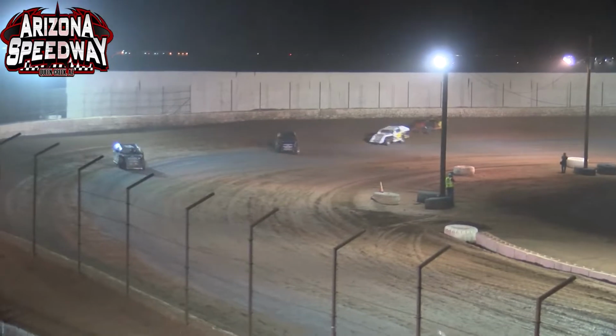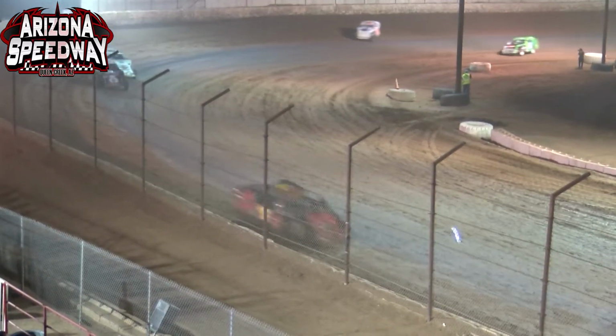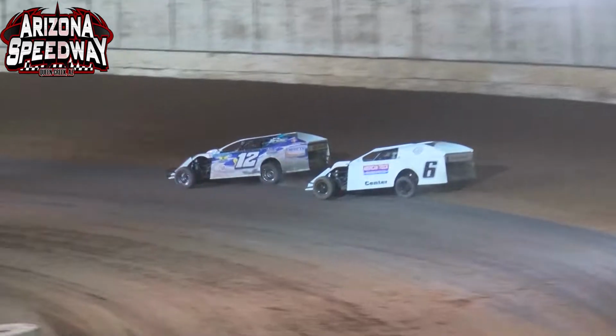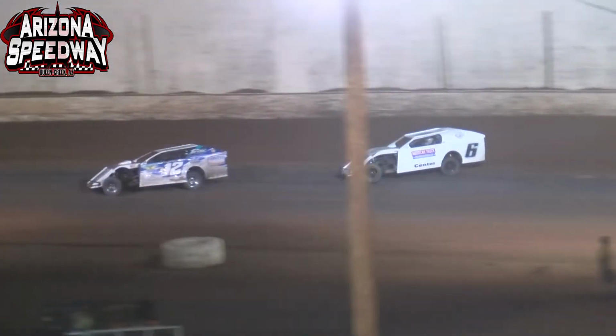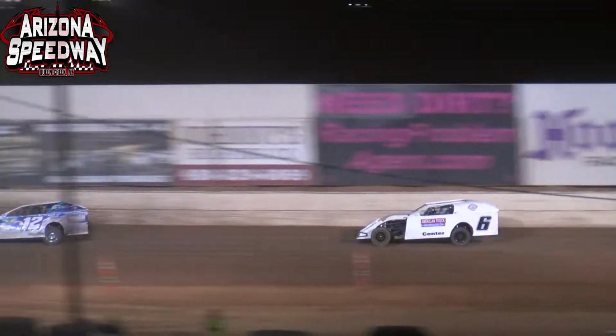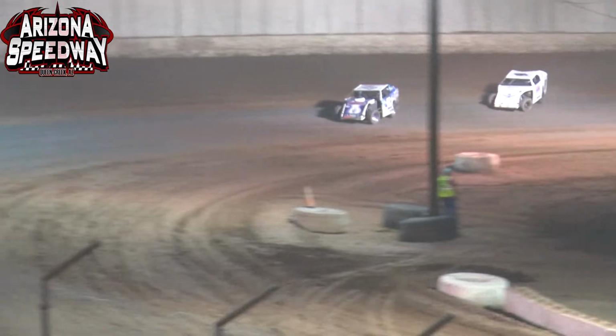They've broken away from Guy Norton, who runs in 5th right now, but here comes Eric Center to the inside of the number 12 machine of Norton. Right now running right in the tire tracks of that 12th car is Eric Center as they enter turn number 1. Guy Norton has that 5th position, but for how long? Eric Center right there in the number 6 car, trying to work his way by the number 12 machine of Norton. Can't quite do anything down the back straightaway. Guy Norton with about a 2-car length advantage right now in that 5th spot